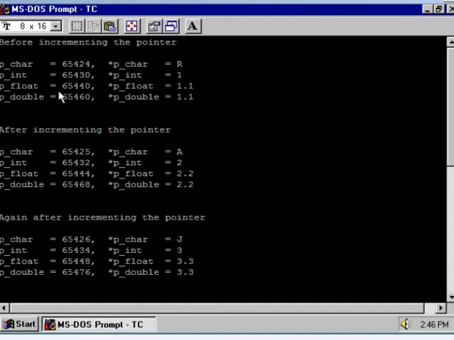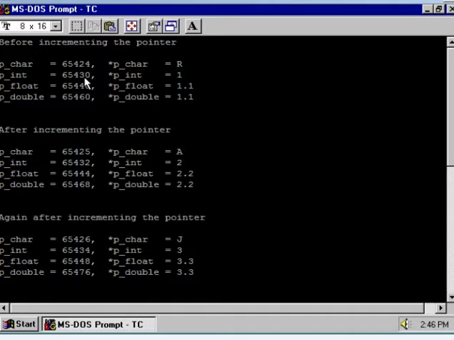Now see the integer pointer. If you increment the integer pointer, which is pointing to the integer type of array, then the content of the pointer will change by 2, because the pointer is an integer type of pointer.